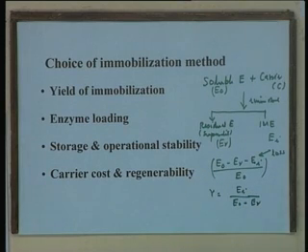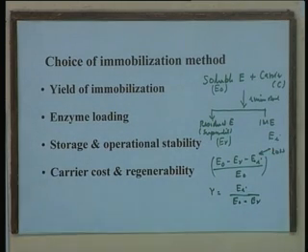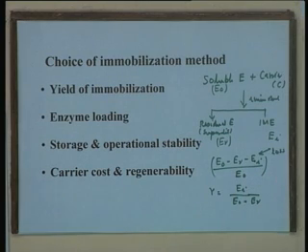Now, I think very often there is a confusion in reporting these terms, and that is why I have tried to put them in the form of an expression. While we talk of yield, we must keep in mind the residual activity in the supernatant. It is not on the total enzyme, because part of the enzyme has been recovered in the supernatant, which if desired can be recycled. Therefore, the yield will be the activity which is recovered in the immobilized form divided by E 0 minus E r in the residue.